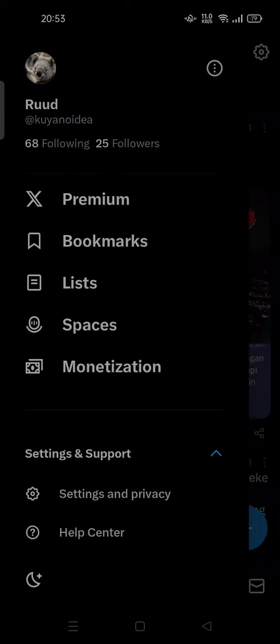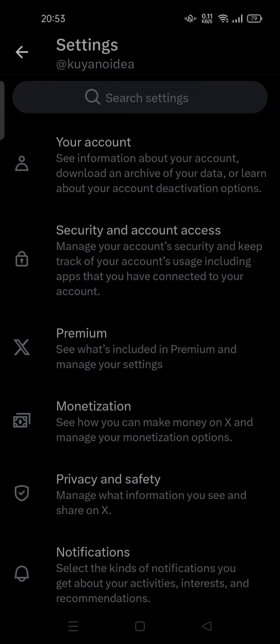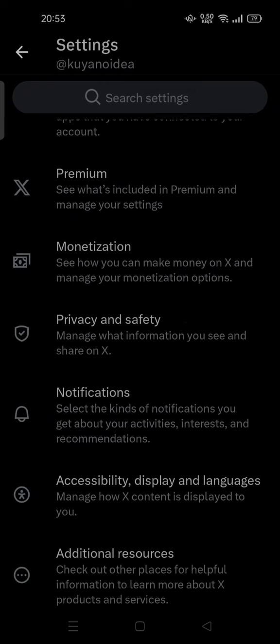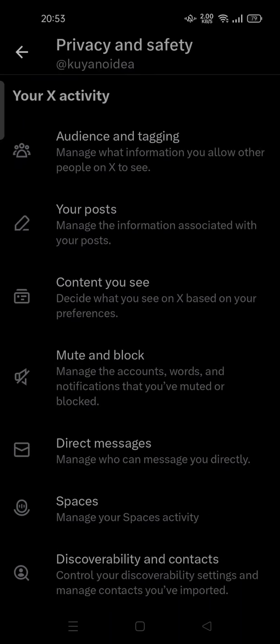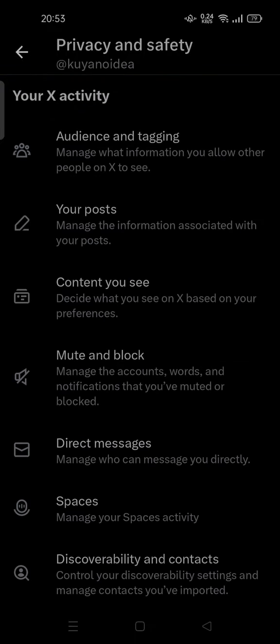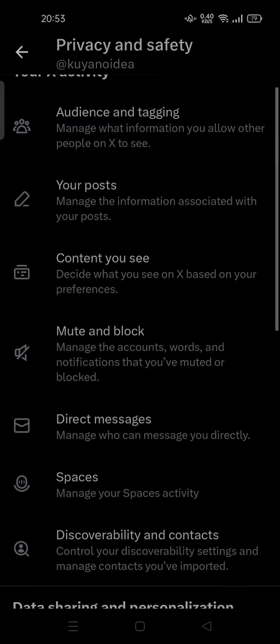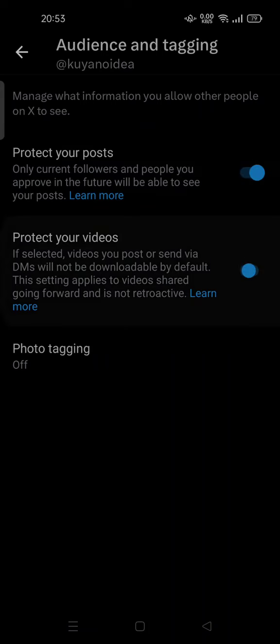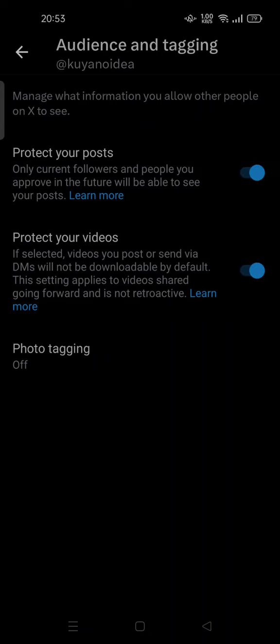Today I'm going to show you how you can manage your privacy and safety on X or Twitter. You can tap on settings and privacy, and here you can tap on privacy and safety, manage what information you see and share on X. Here there are a lot of options. So for example, your X activity, you can manage what information you allow other people on X to see. Here you can protect your posts, you can turn this on, protect your video, you can turn this on,